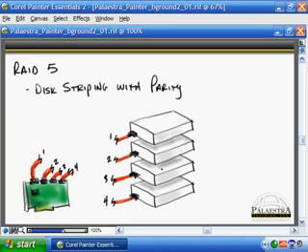Okay, so let's take a look now at RAID 5, which is disk striping with parity. Now I have the controller card, the serial ATA controller card, sitting here, and I have 4 hard disks, 1, 2, 3, and 4. I didn't draw the cable all the way out just because it ended up looking messy, so I just have these little lightning bolts looking like it's basically cutting off where the cable would be. But I have them labeled 1, 2, 3, and 4. Now with RAID 5, we need a minimum of 3 disks,